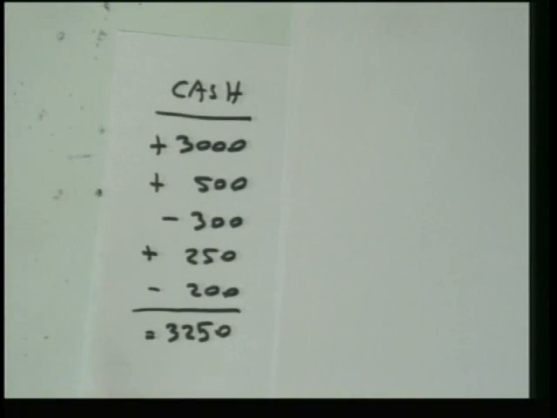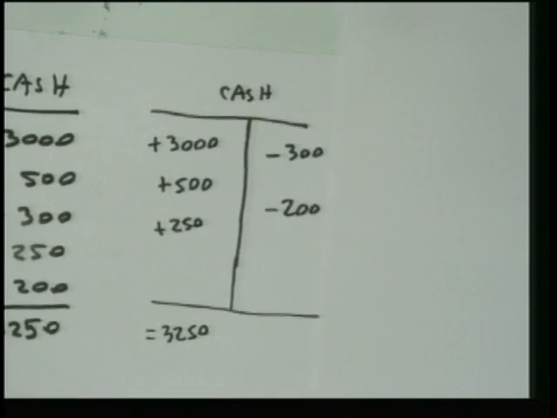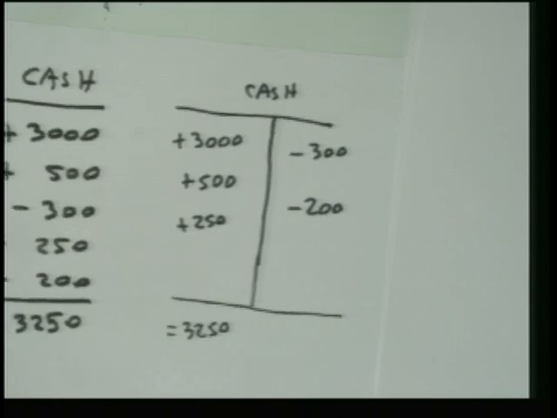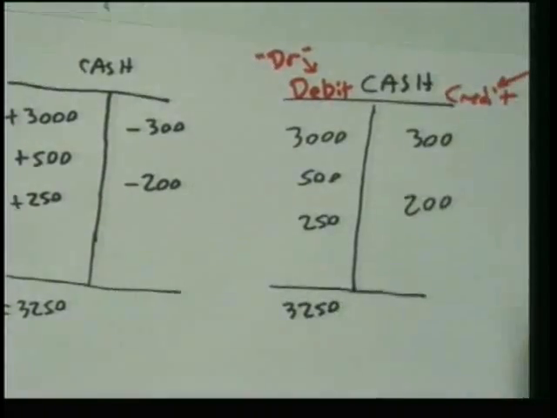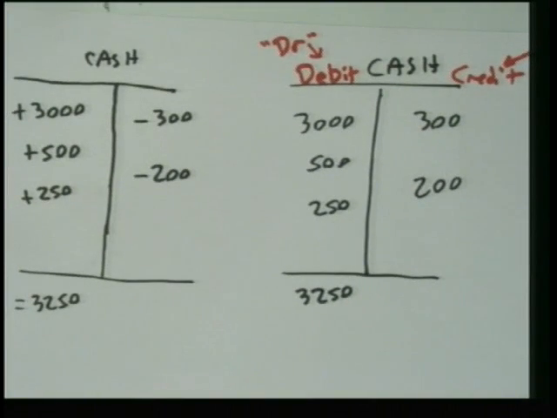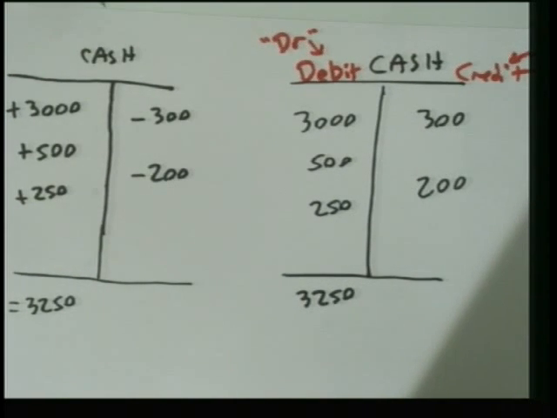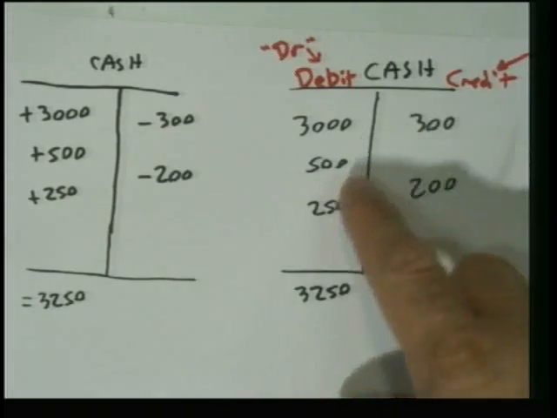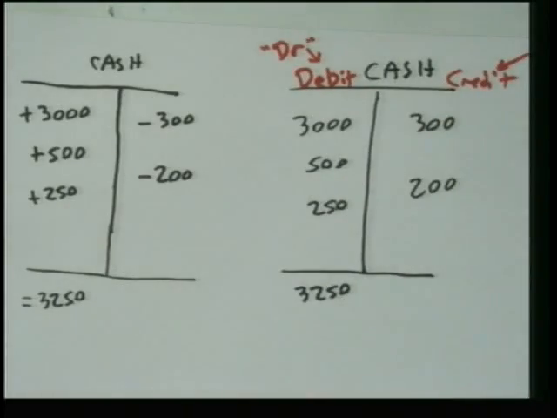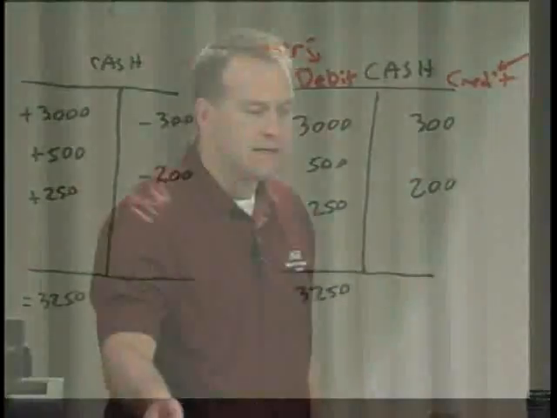This was the chapter 1 way. Then we kind of did this transition right here, right? And then I did this transition, correct? And I introduced these new concepts called the left side of a T account is the debit side, the right side is the credit side, correct? Now, going back to our PowerPoint,